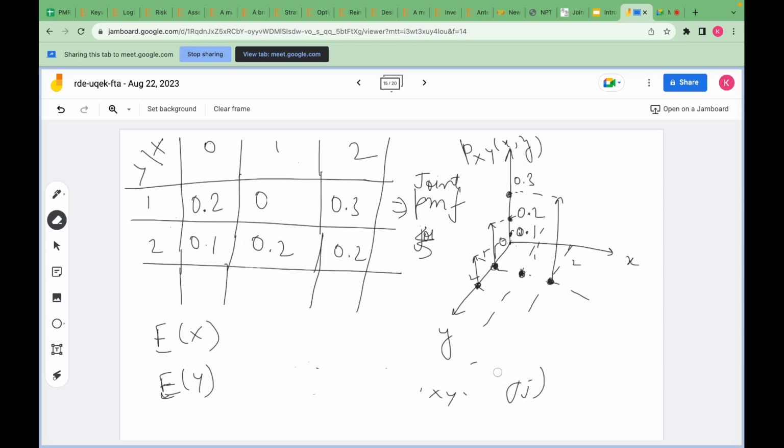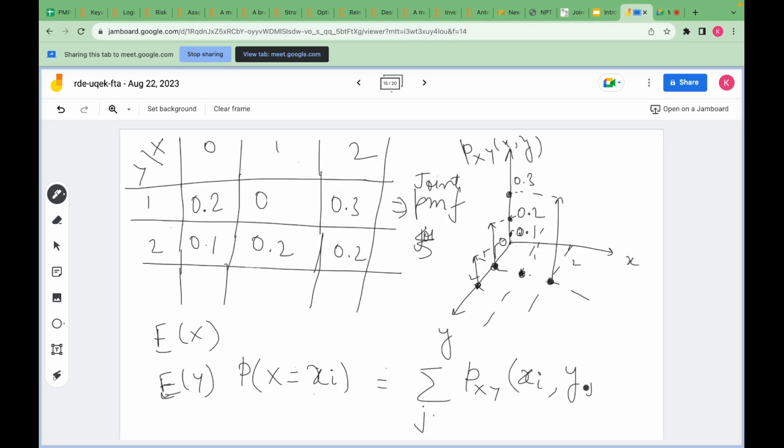So this is a discrete function, okay? Because we have separate values, this is not continuous, this is discrete. So the probability mass function that x is equal to xi is nothing but the summation over all j of the joint probability mass function for this xi comma all the y's for that particular x, which means that probability